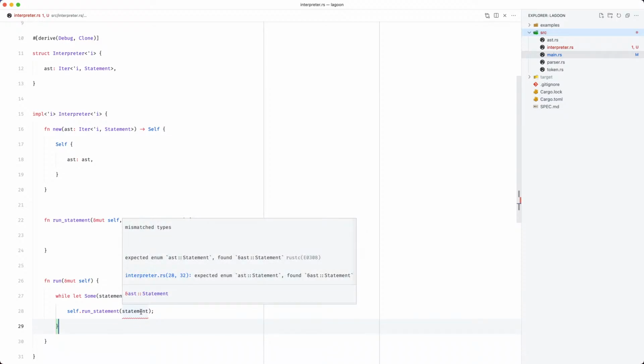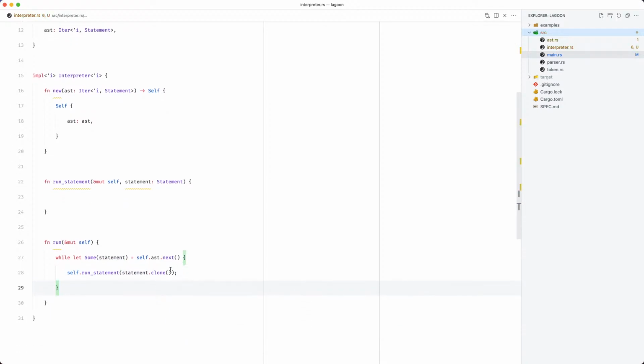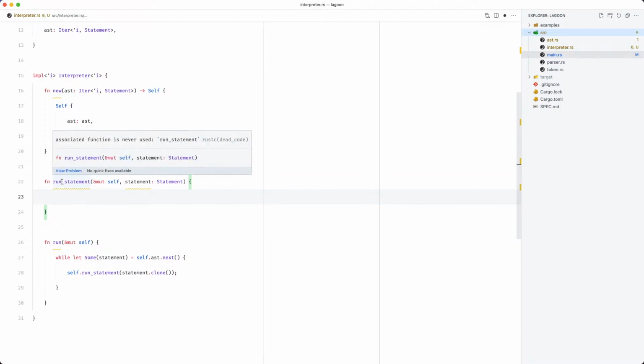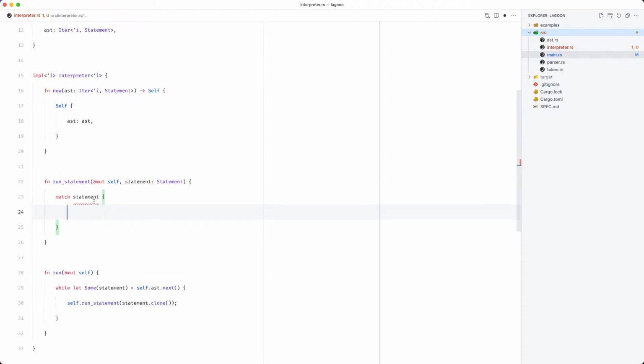And the issue here is that we're receiving a reference to the statement. So, I mean, we can deref it just by calling clone for now. There's undoubtedly a better way to do that, but clone will remove the reference and return a solid object. Cool. So inside of our run statement method, we just need to match against that statement. We need to figure out what type of statement it is. I'll add a catch-all in for now and just say to do.